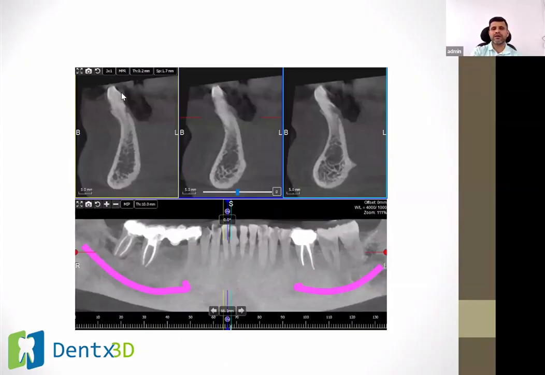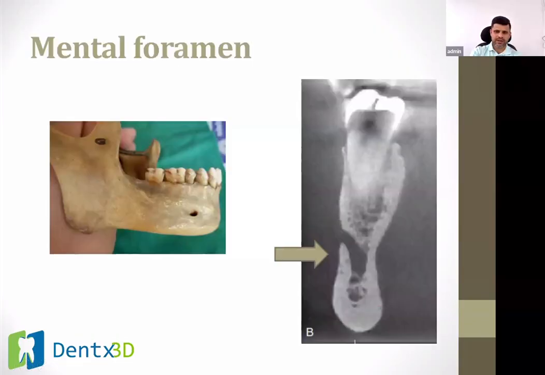Then we have this mental fossa. The mental fossa is the depression on the labial surface. It will affect the angle of implant position. Then we have your posterior region, the premolar region first, where is your mental foramen. So the mental foramen is the area from where the